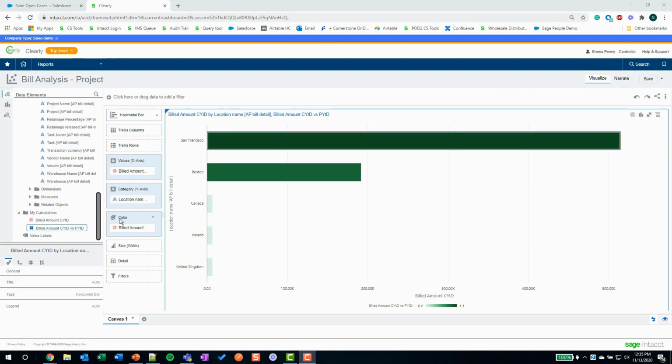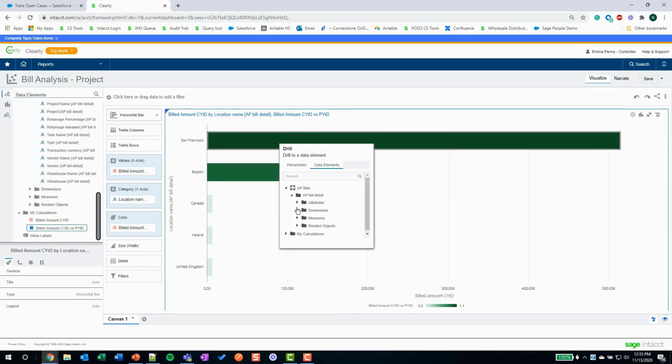So in this example, we can see San Francisco is shaded the darkest, indicating this location had the biggest increase in payables compared to the prior year. So let's drill in further to see more detail about this. IVE has the ability to drill into a set of information with a click. So let's break out San Francisco's billed amount by the department to see which department contributed the most to this change. If we right click on San Francisco, select drill, and then find department name,